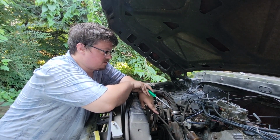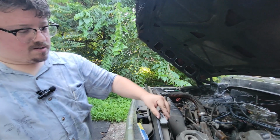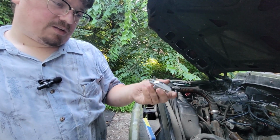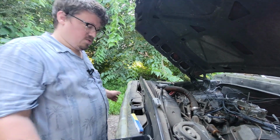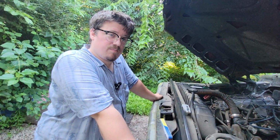And then we'll work from there to the rotor button and then go outwards, because the button looks new. Doesn't really have any wear on it. It's got a tiny bit right here, but it's not worn out. It's not completely destroyed. So yeah, we're gonna make a trip to